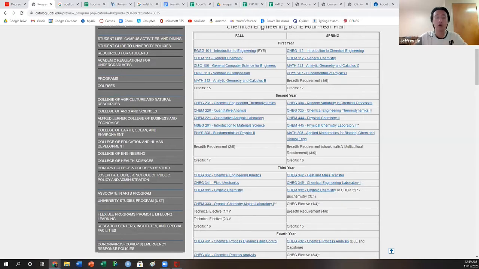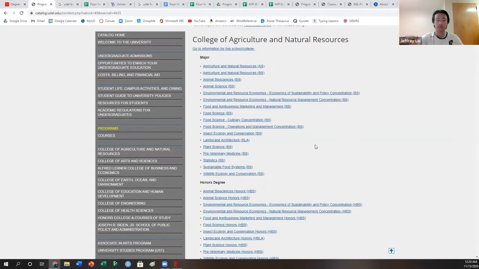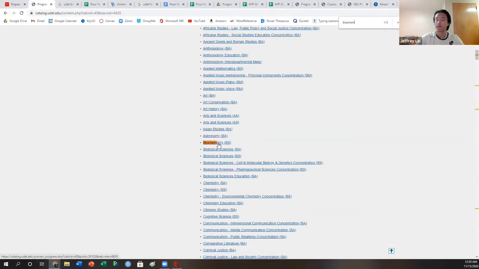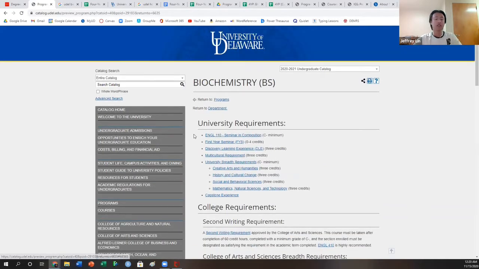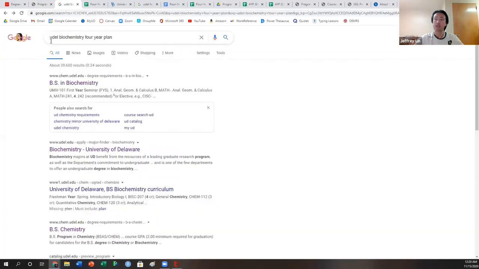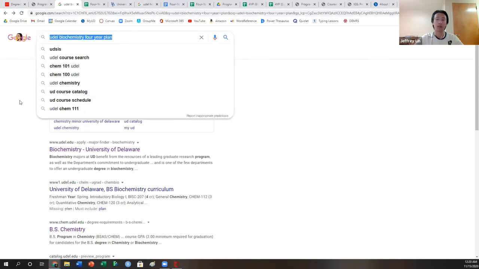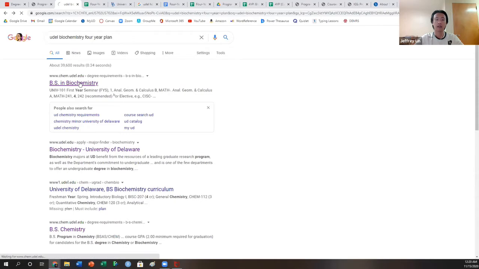Now, what if you don't have a four-year plan listed? So I'll give you the example of biochemistry. So I find biochemistry here, and as you can see, at the top where there would normally be a link provided to find the recommended four-year plan, there isn't one. So there's a simple fix. What I do is I simply go to my search engine, and I have typed in here the UDEL Biochemistry four-year plan. Click on the first link,